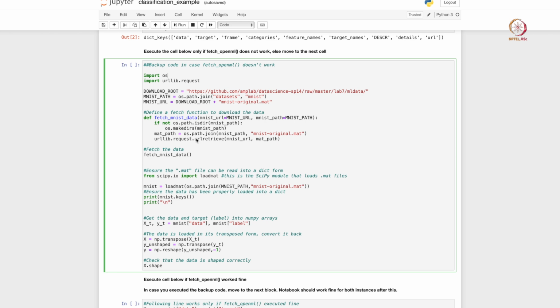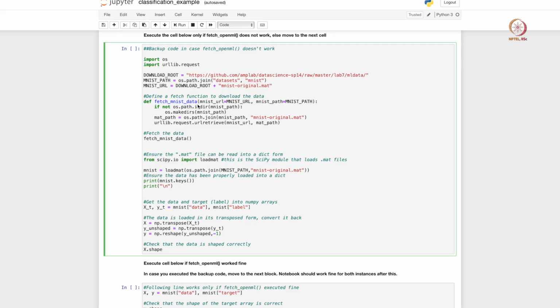So instead of relying on scikit-learn's fetch_openml function, we can also get the dataset directly from a source. There are multiple sources available. This is one such source. This code block defines that. It defines from where you download the data, and it writes a small fetch function so that you can pass in the URL and it will fetch the file for you.